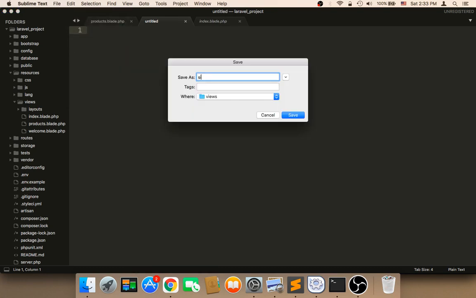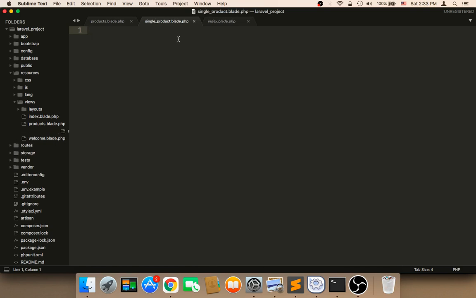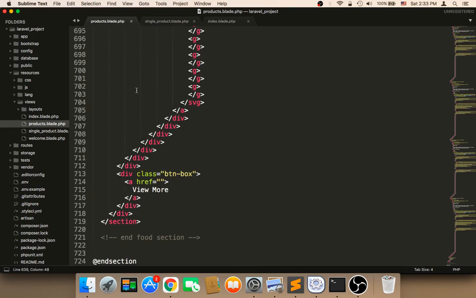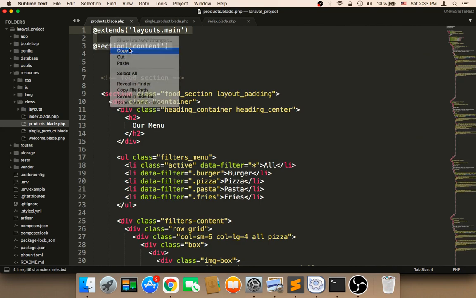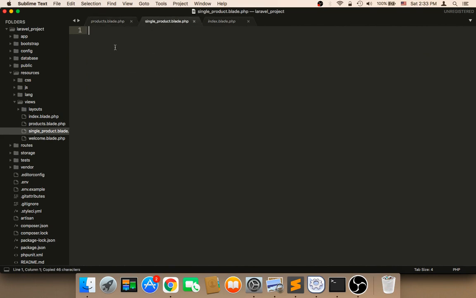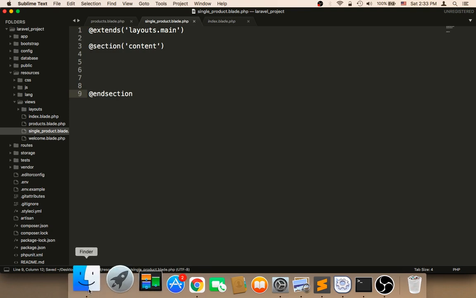I'm going to name it single_product.blade.php. And again we need to add the basic code, which is these two lines. We need to copy these, paste them in the single product here, and then say @endsection,